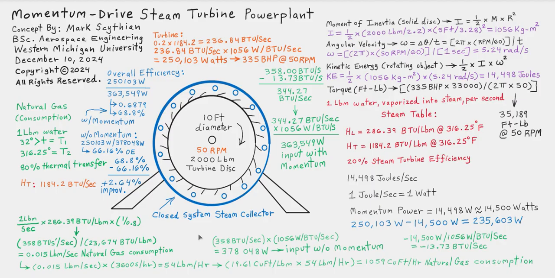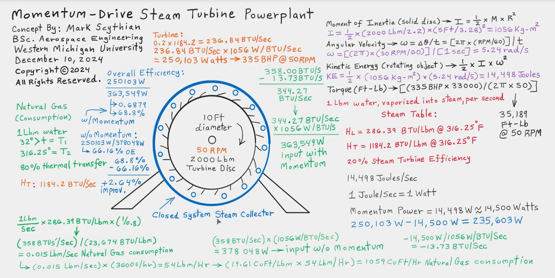And so now we're going to focus on the momentum aspect of this large turbine disc. So this has a weight of 2,000 pounds. So this turbine disc would have to be built such that its thickness and diameter when completed and the turbine blades has a weight exactly nearing or at 2,000 pounds, so 1 ton, and then it's a 10-foot diameter turbine